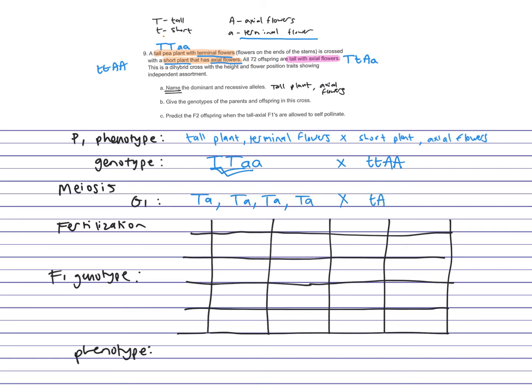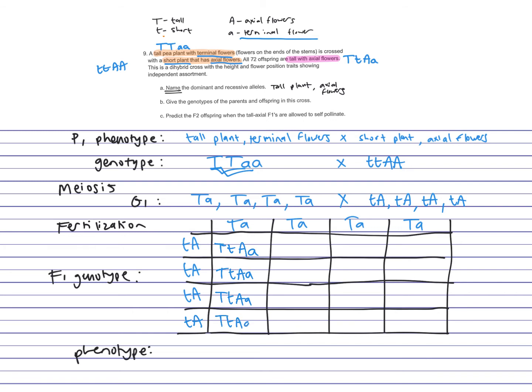These gametes are all going to be a small t with a big A. And then we just transfer those gametes into the Punnett square. Big T with a small a all on the top, small t with a big A all on the side. And if all of the offspring are getting a big T from the one parent, small t from the other, big A from the one, small t from the other, all of the offspring are going to be completely heterozygous